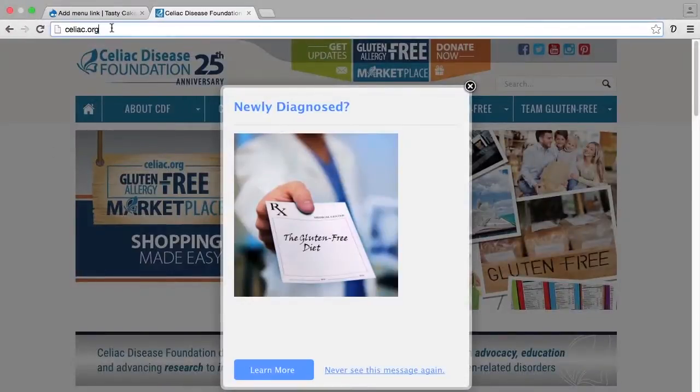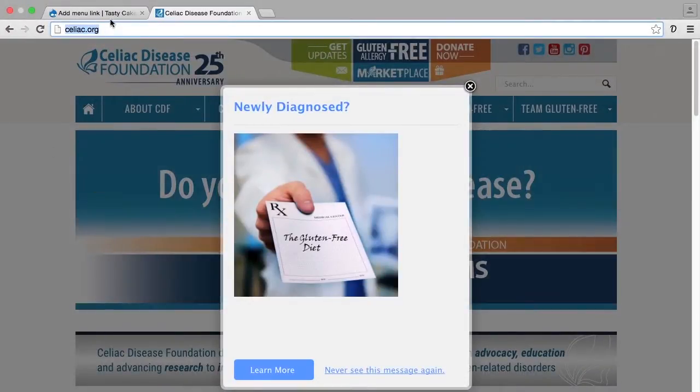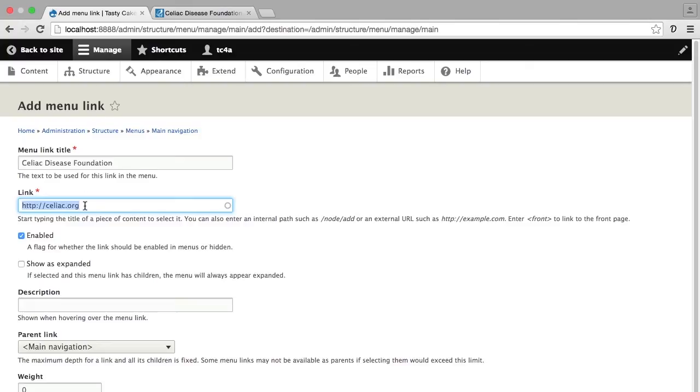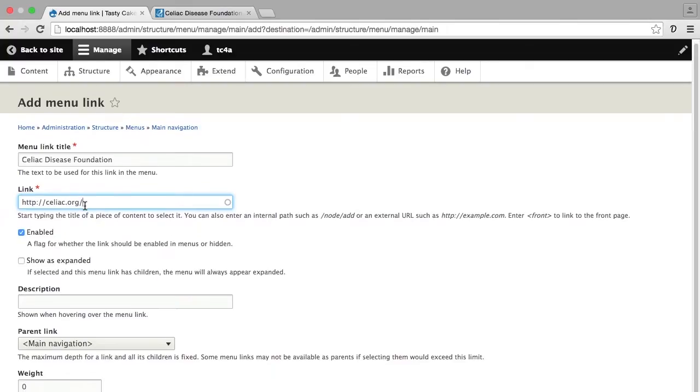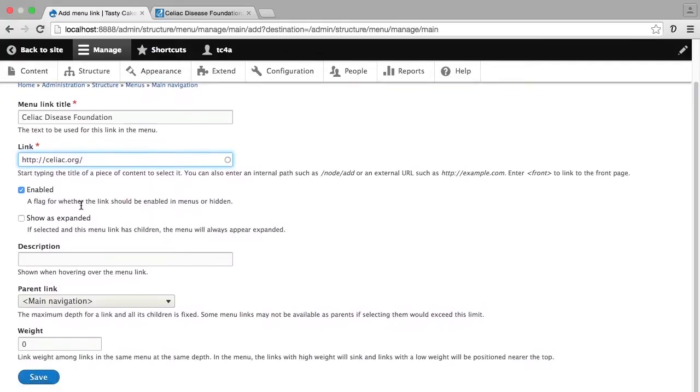So this is the right URL. It found the site. I'm going to copy that URL and then paste it here. Scrolling down a little bit, enabled determines whether or not that link is actually going to be visible in your